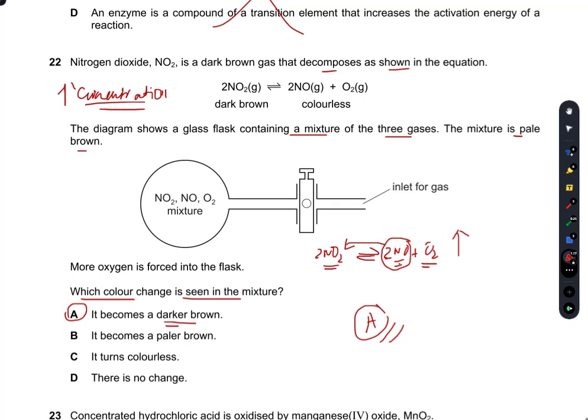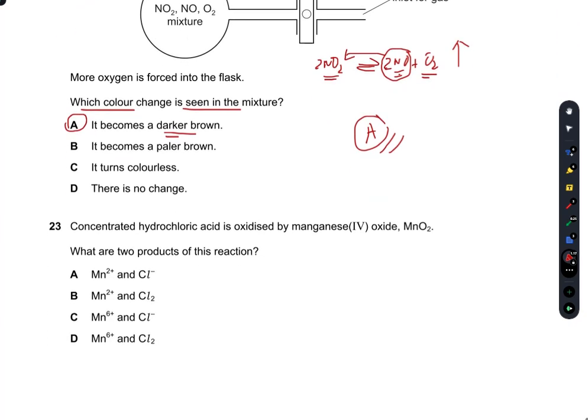Now focus on my words now, which I'm saying now. Oxygen, only 1 mole of oxygen will react. But when there are many moles, the oxygen molecules will try to react as much as they can with nitrogen monoxide to give dark brown nitrogen dioxide. So the color change is still darker brown, because O2 is present in excess. So A is our right option.